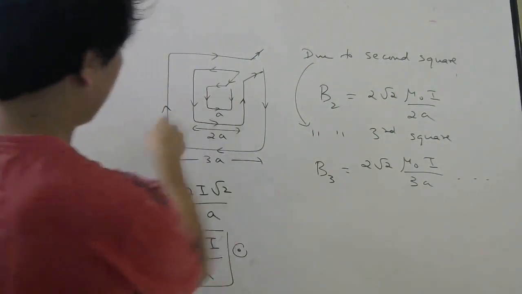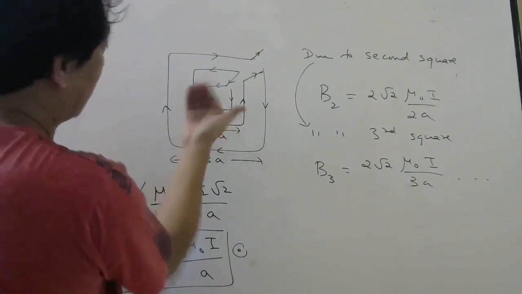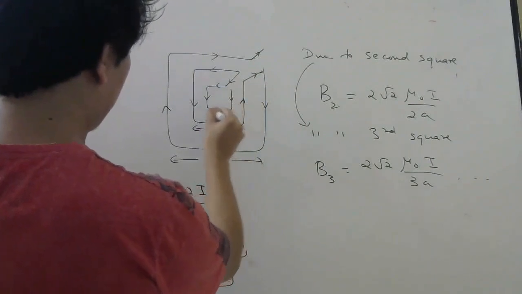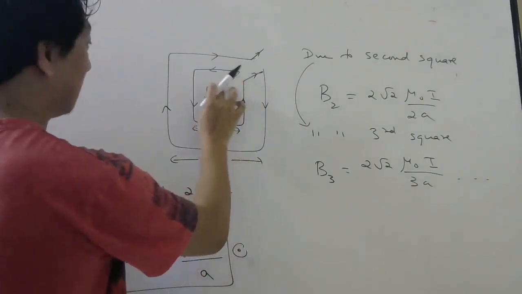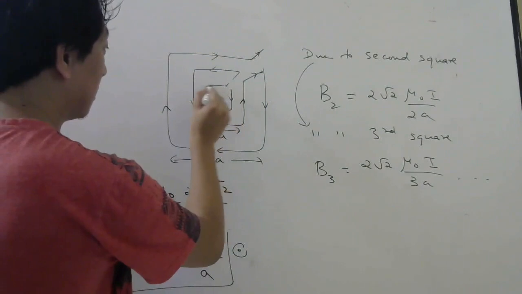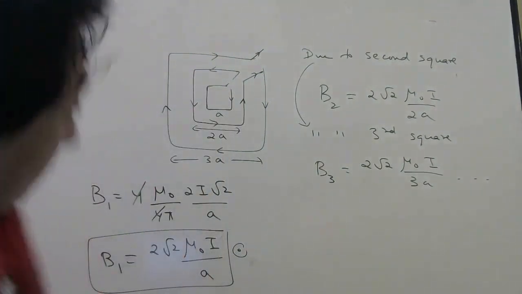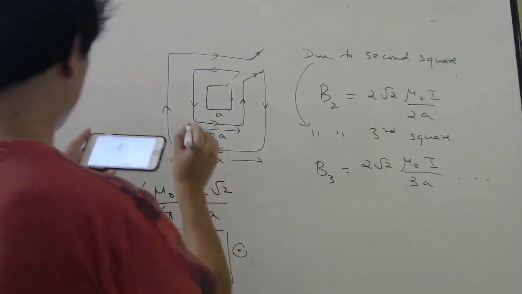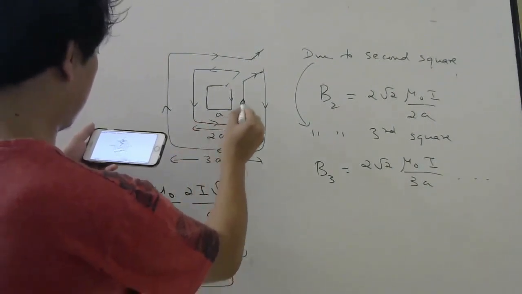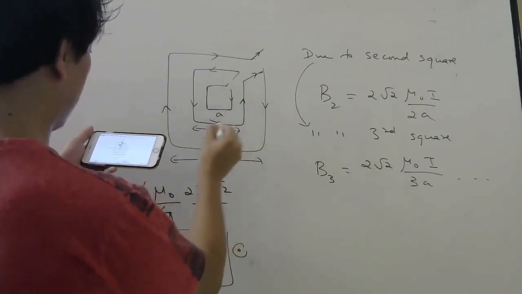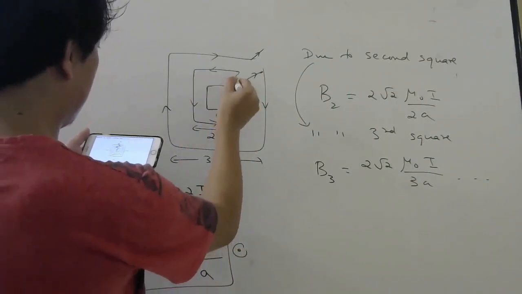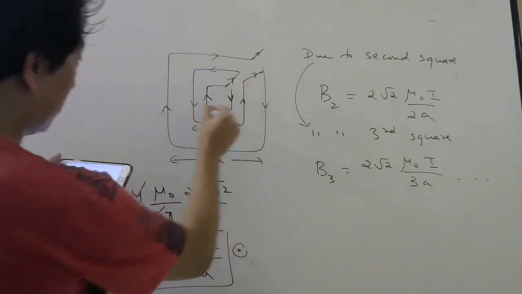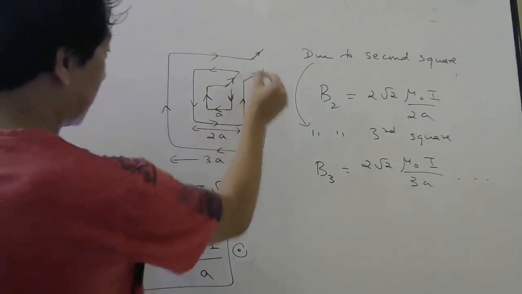But for this second one, you can see the current is here like this. Right? Did I do it correctly or not? Oh, this was like this. Sorry, students. If I look at the diagram carefully, the current must be coming this way. It is going like this. So here it is coming like this, so here it must be like this, like this, right? Then only it can go this way.